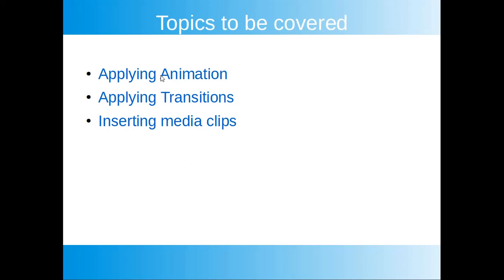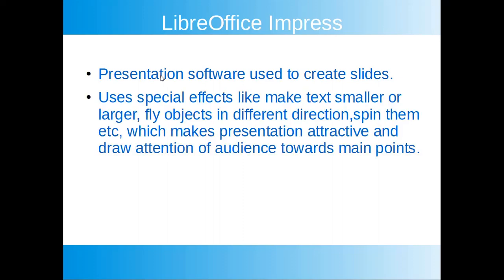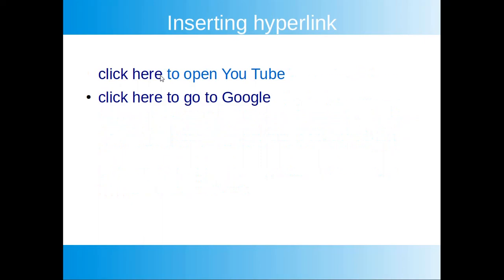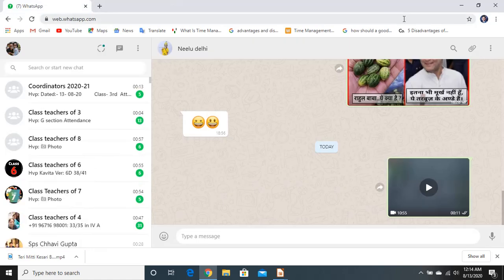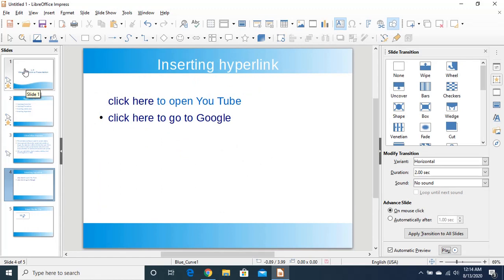Now when I click, it will show you transition effect, because this slide will leave and the next slide will come on the screen. I think I have not added any transition on this, so it will not show anything. This is animation effect on these 3 points. Then this is hyperlink. I'll show you how to work on this. Just wait for a second. Fine. Your third topic is inserting an audio or video file.